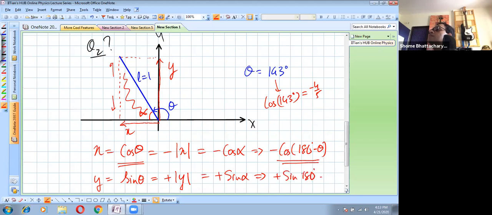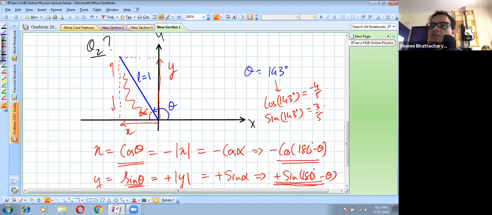180 minus theta. So that is how we get the relation, that sine theta becomes positive of sine 180 minus theta. This is something which you need to absolutely internalize. So sine 143, for example, will become positive of sine 37, which you all know is positive of 3/5. Right. So this is about the concept of